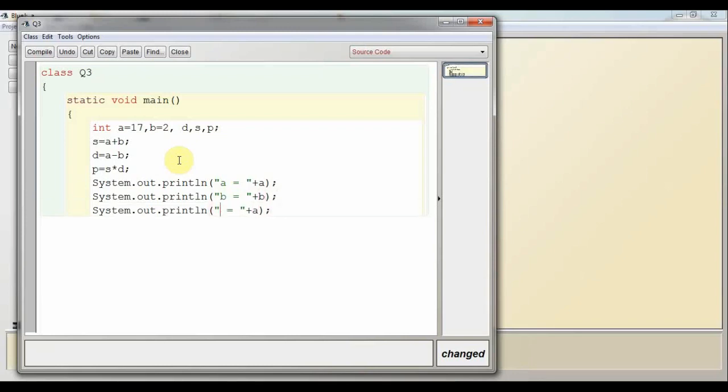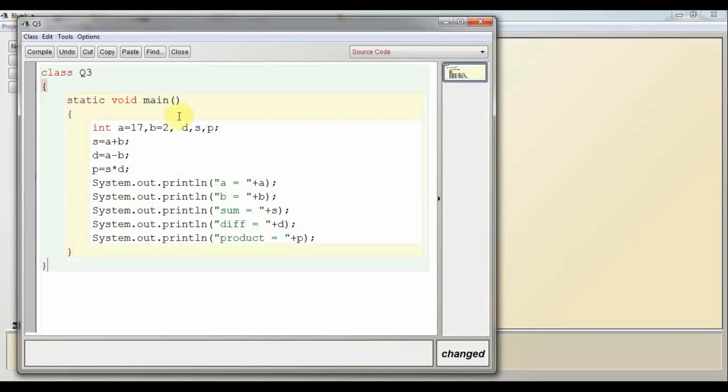Again sum equal to, then s. Then difference equal to d. Now product, we'll write here product, p. Again curly brace close, again curly brace close.